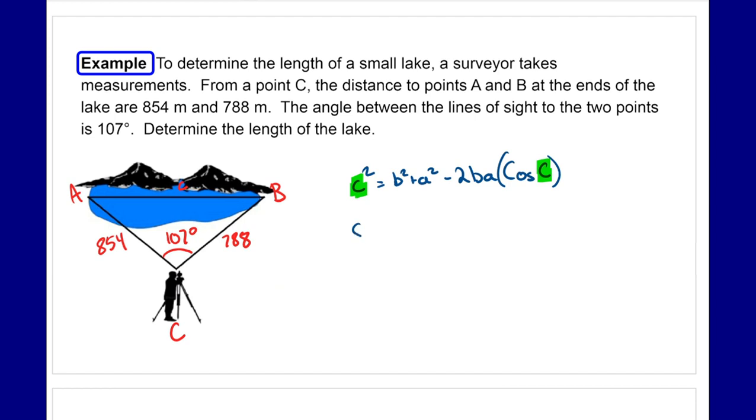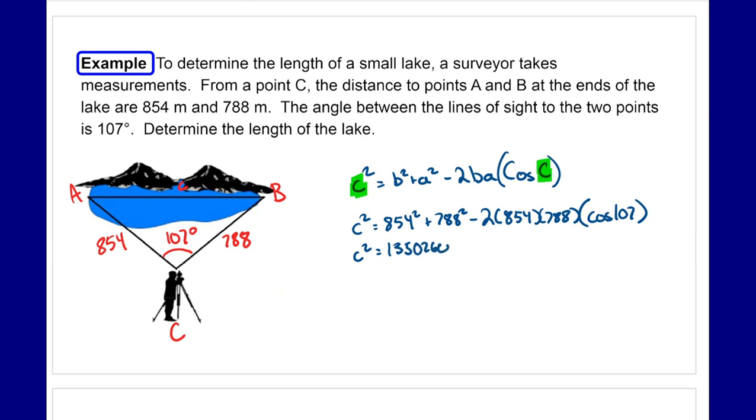So c squared equals 854 squared plus 788 squared minus 2 times 854 times 788 times cosine of 107. Again, I'm going to go through and solve this in parts. I'm going to solve everything before the subtraction and everything after the subtraction. So 854 squared plus 788 squared, we get 1,350,000